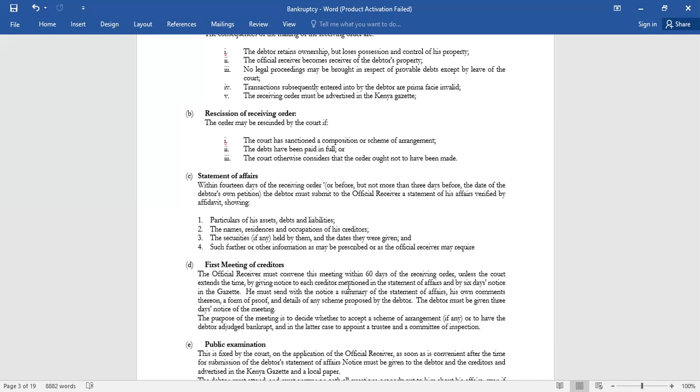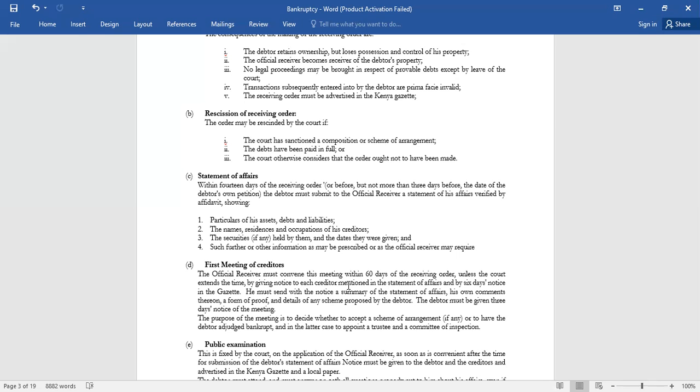So what the official receiver is trying to say is that the creditors have not yet lost. So I've met with the debtor. The debtor is not yet declared bankrupt because they have these properties. But what these properties are disclosing is their own. If there is any payment or promise to pay agreement that was made by the debtor with the official receiver,